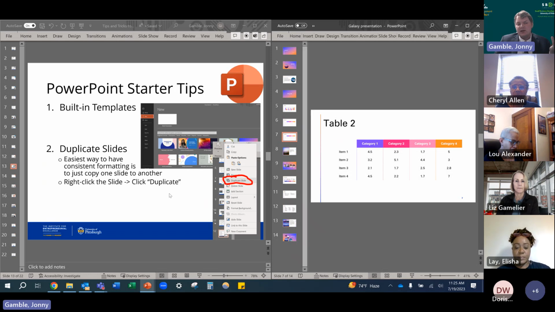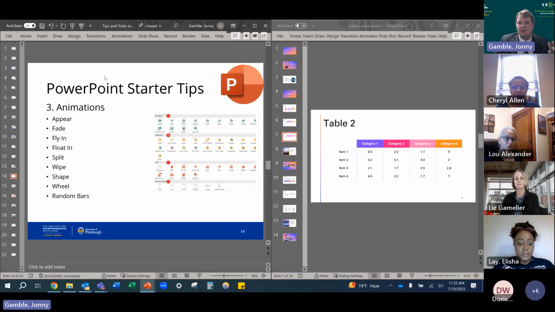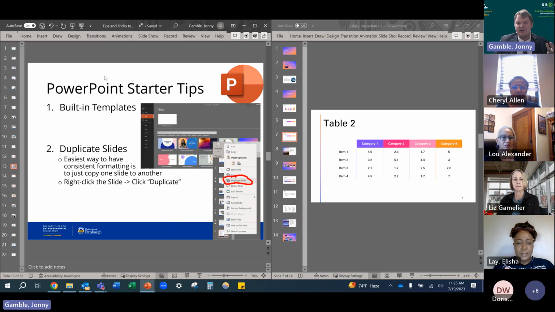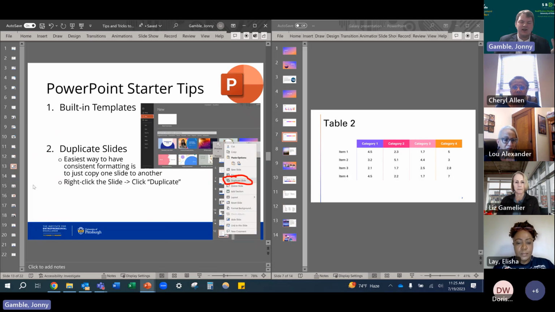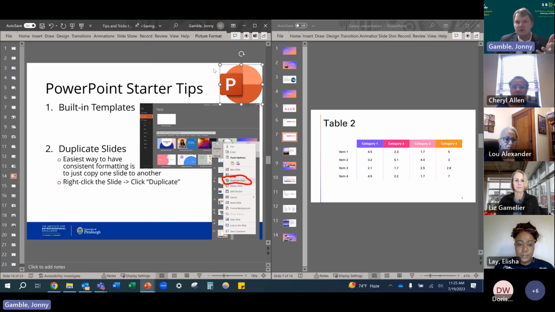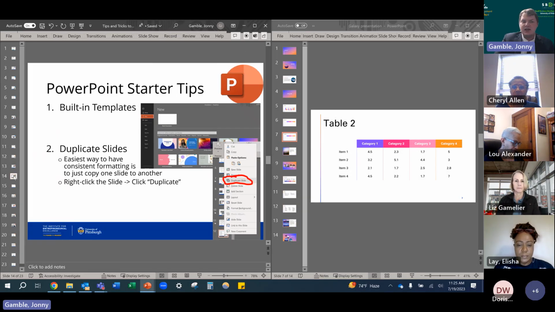For example, when I was making my presentation here, you see how I have the PowerPoint logo up in the top right? That logo is the same from slide to slide. When I was making this, all I did was duplicate. I clicked on my slide, clicked duplicate slide, and added all the information from there. By duplicating the slide, I made sure that the title up top stayed the same and that the logo stayed the same. I maintained a consistent appearance from slide to slide using the duplicate slide feature.